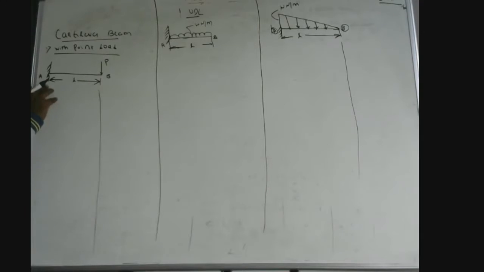So let us take first a case of point load only. I make it very simple, without any section. The cantilever beam at point A is fixed and at point B it is subject to a point load P, and it has a span of length L. Now, as I said, we need to proceed to the shear force. We need to draw a shear force diagram and bending moment diagram, which means we need to calculate shear force and bending moment at each section.